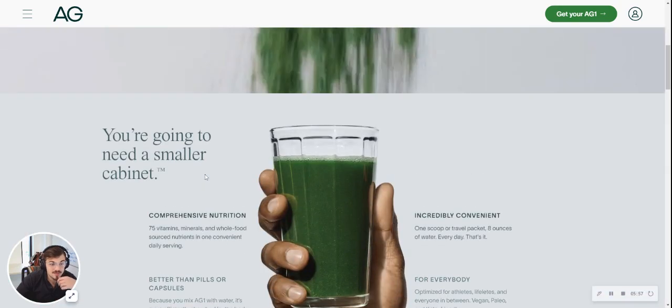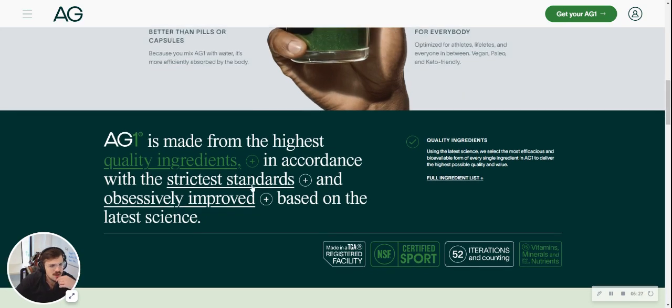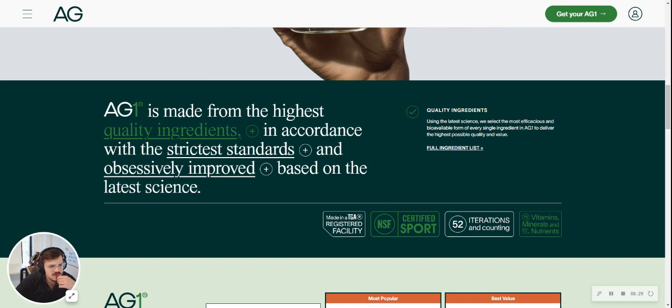Now, so that's the product. And essentially, you'll notice it's pretty darn simple. It seems a little messy. There's not enough white space, maybe, or just a lot of different things going on here, but I shouldn't be the one to criticize. AG1 is made with the highest quality ingredients, in accordance with the strictest standards, and obsessively improved based on the latest science. Okay, cool. So kind of this weird, very busy